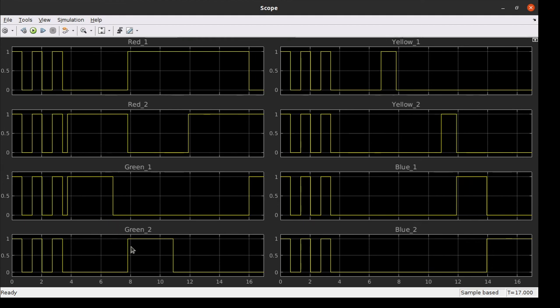So whenever we turn on the green 2, our red 1 needs to turn on. So here as you see, our red 1 is turned on. But after green 1 turned off, we need to see if our yellow 1 is getting turned on or not. As you see here, our yellow 1 is starting around 7 seconds, but that is exactly the time when our green 1 is turned off. So we can ensure our logic is working fine. And at the end, we want to have blue turned on. So as you see here, blue signals are turned on.